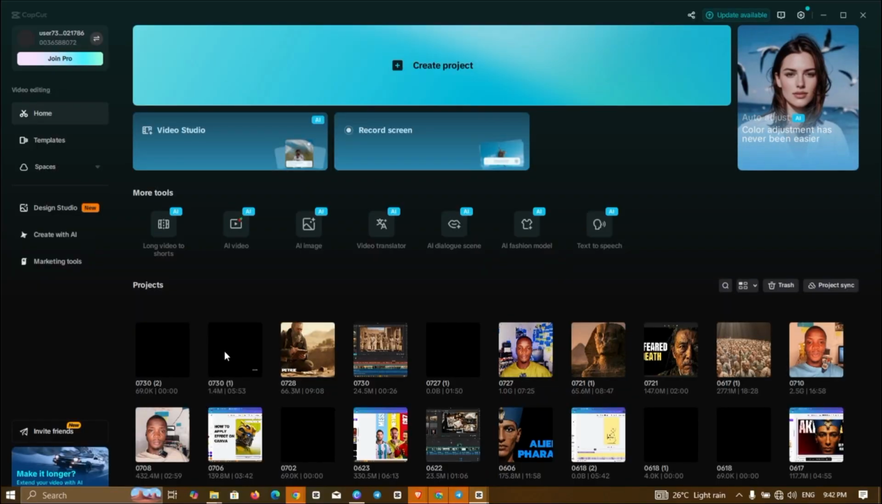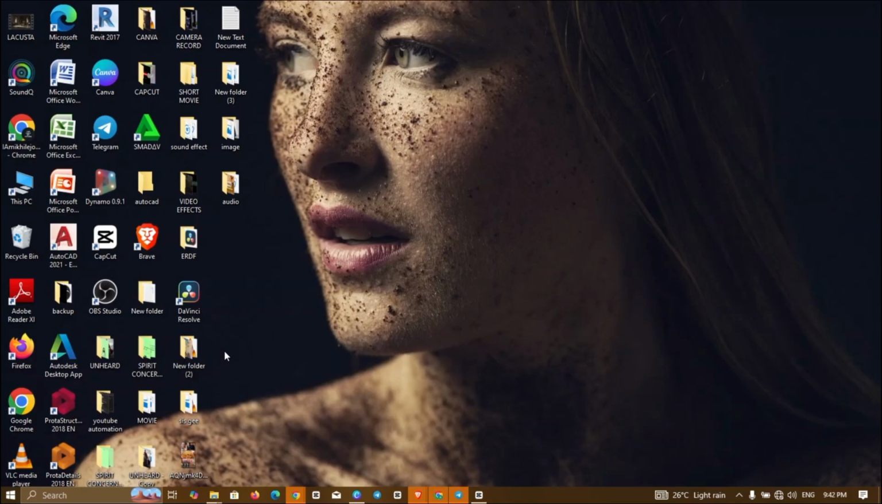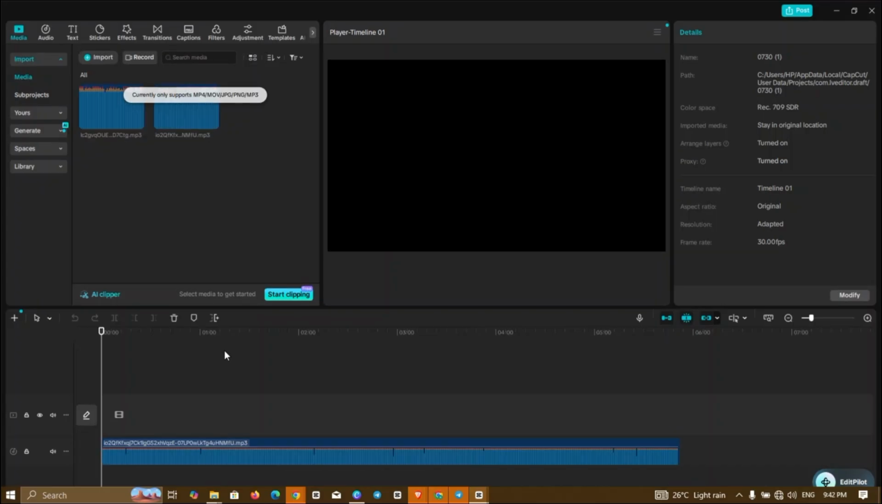I'm going to be showing you how to do a keyframe on CapCut for your zoom in and zoom out effect. And also, mind you, it is also applicable on the CapCut on your phone. So the first thing we'll do, let's go to CapCut and just pick up any